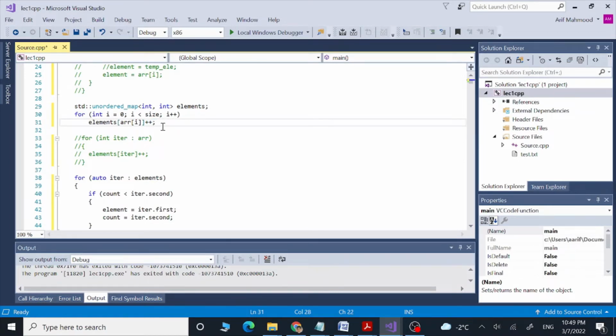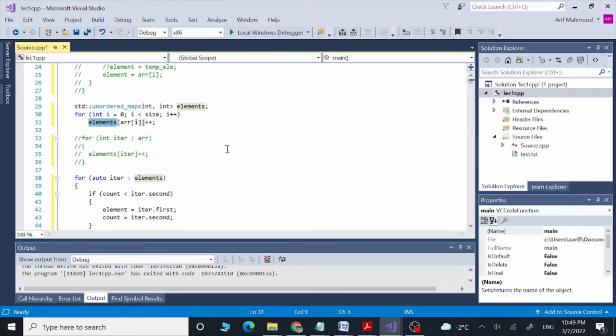This for loop is going to take each element of our array, and store each element and its frequency inside this map.